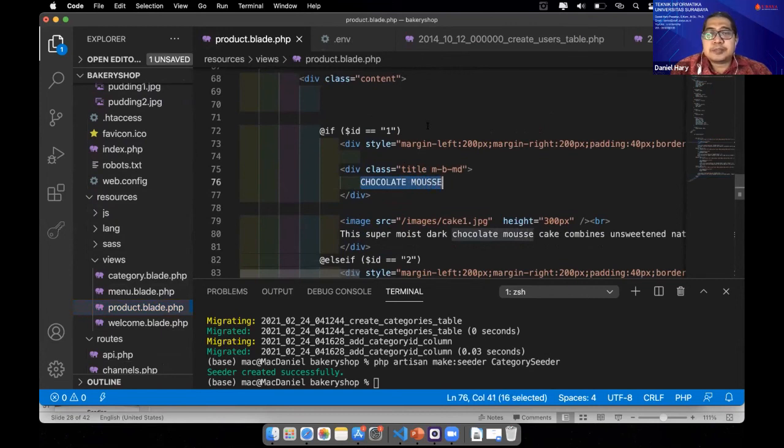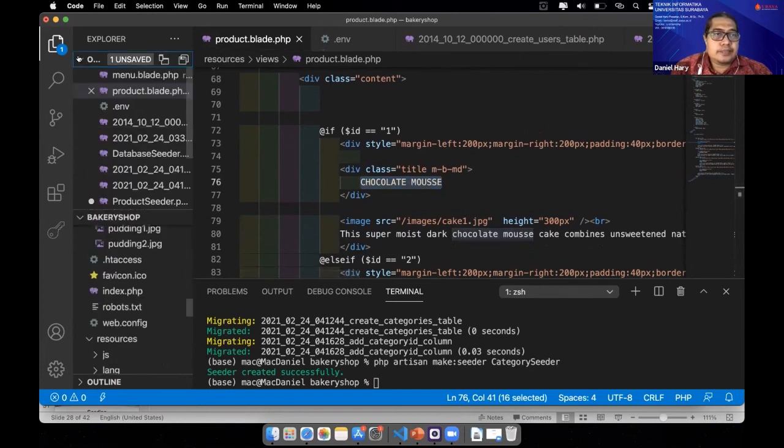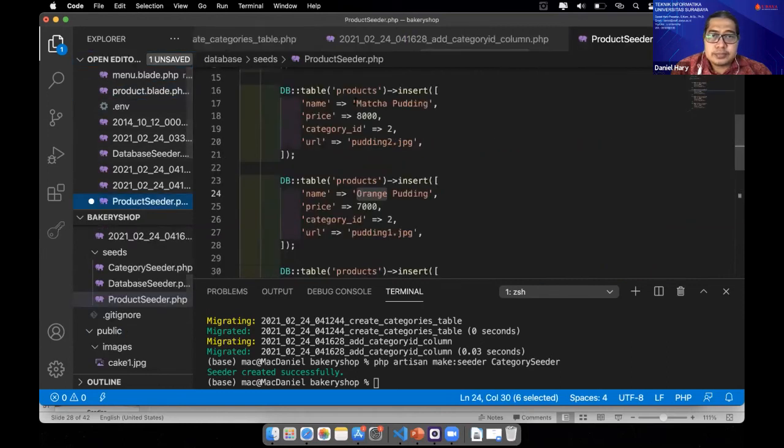This one. For example, this is category ID 1.